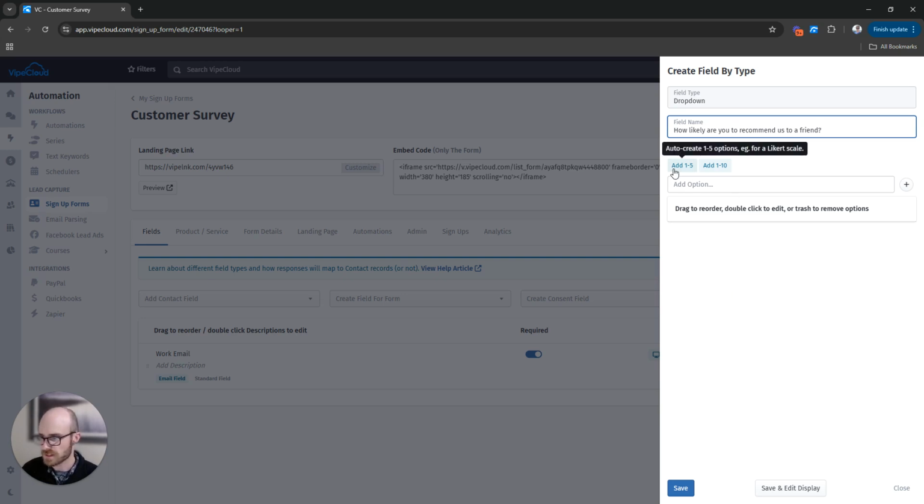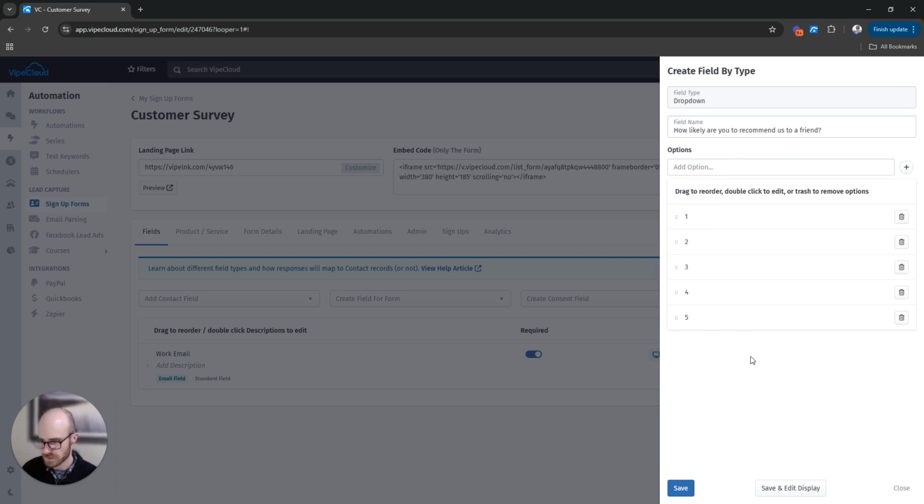Another addition here is that you can auto create 1 through 5 or 1 through 10 options. So like on a scale, think like stars basically. Let's do 1 through 5. Nice and easy, that's automatically created. Of course, you can also add custom options that you might want in there as well. That's totally fine. We're going to skip to this next step here by going Save and Edit Display,